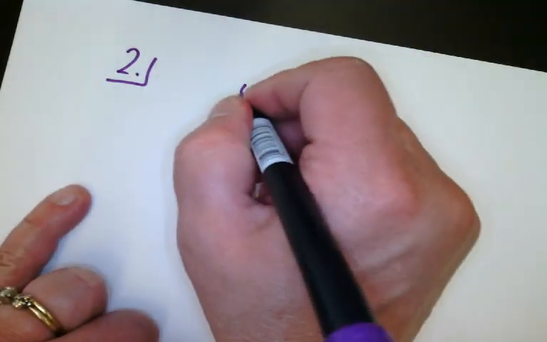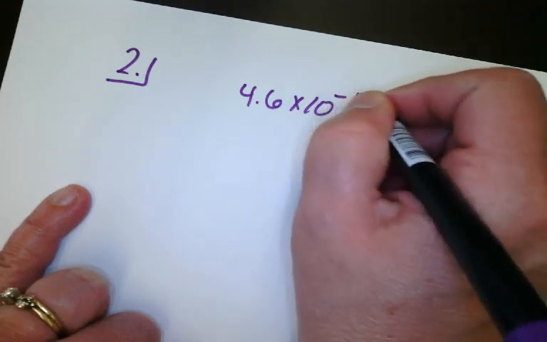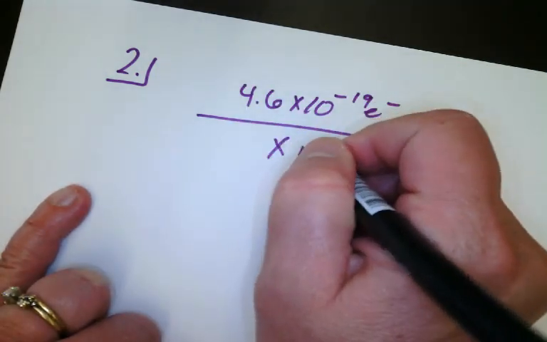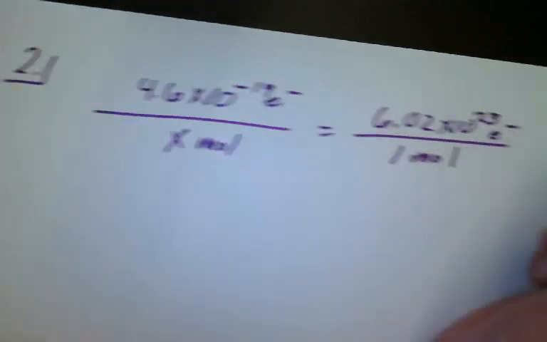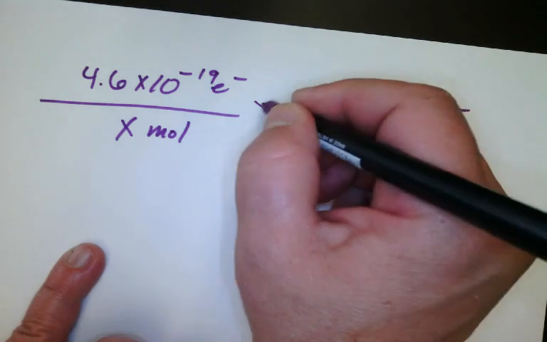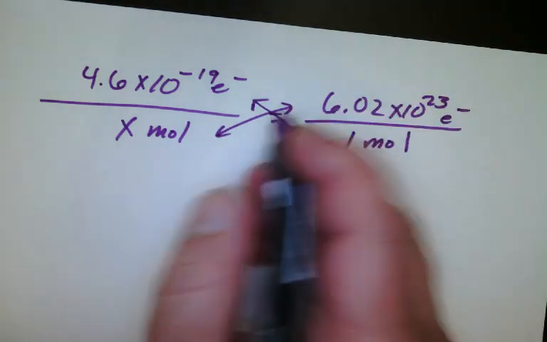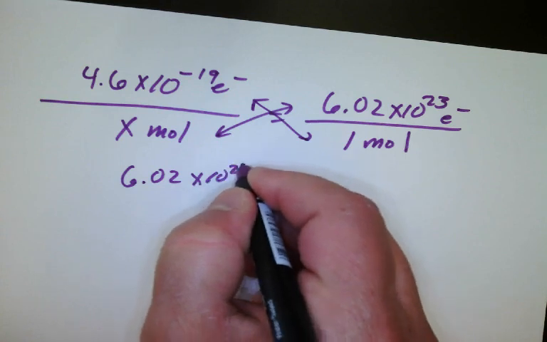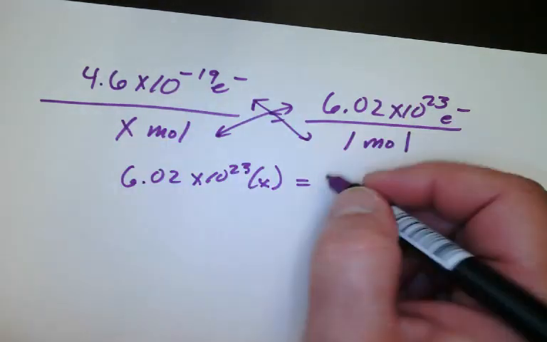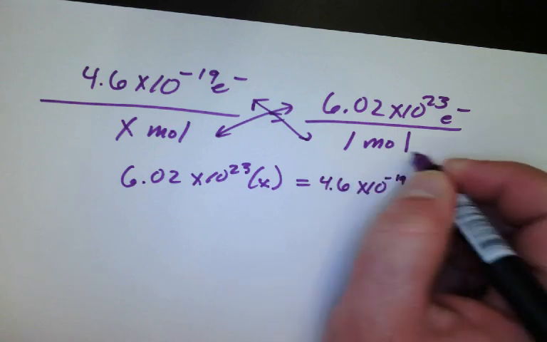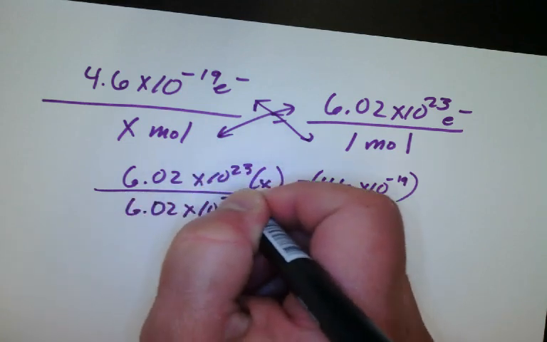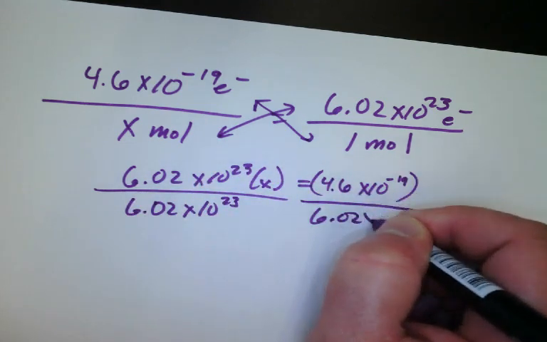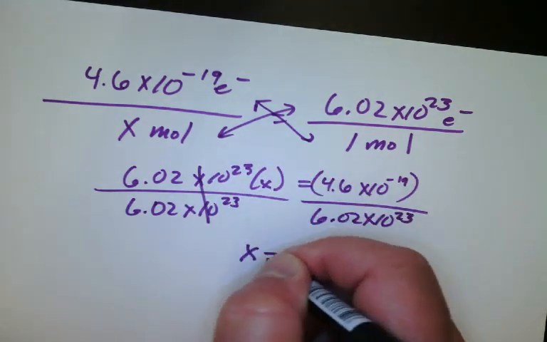Okay, so I have 4.6 times 10 to the negative 19 electrons, and I want to know how many moles that is. I know that 6.02 times 10 to the 23rd electrons is equivalent to 1 mole. So I'm going to cross multiply and divide. So 6.02 times 10 to the 23rd times x is equal to 4.6 times 10 to the negative 19 times 1. I'm going to get x by itself, so I'm going to divide by Avogadro's number on both sides, and I get,